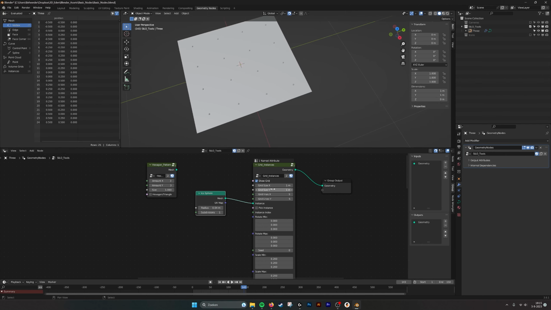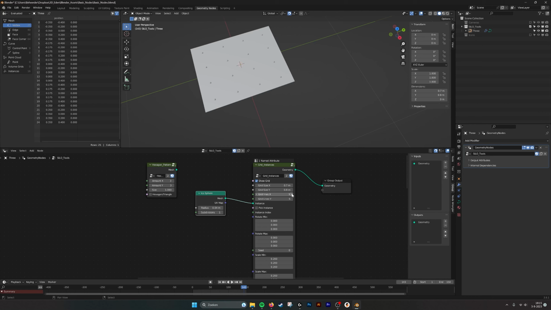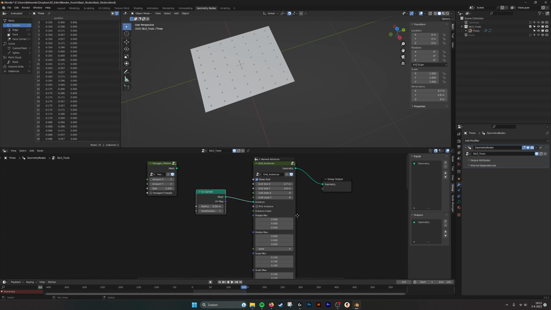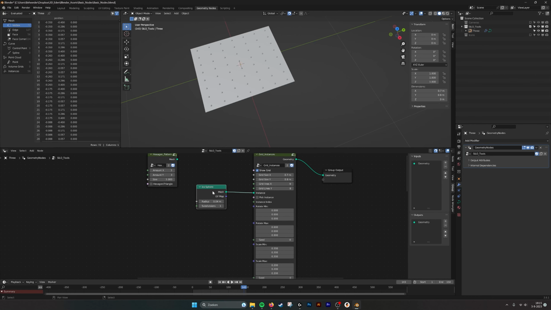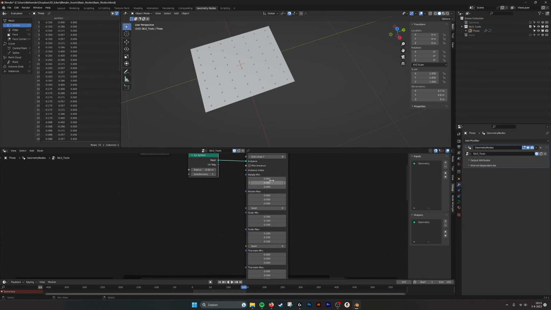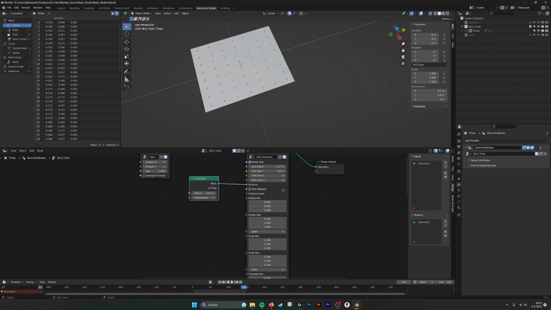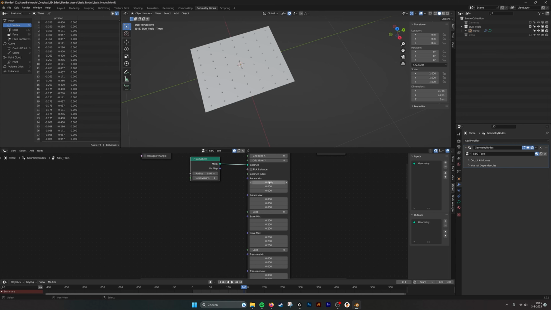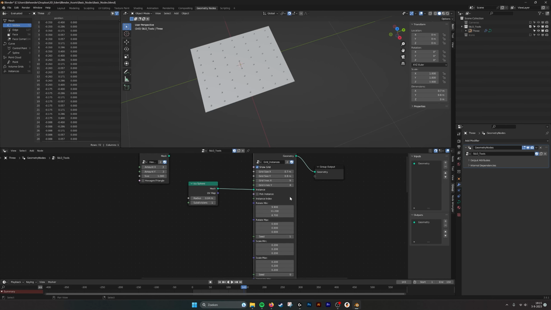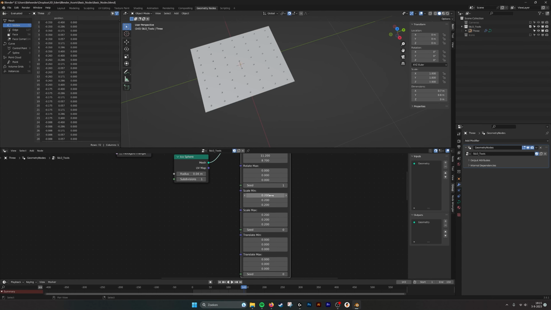So here you can see we have a grid with a certain size and amount, and it already projects the element onto it. You can also rotate randomly in the directions that you want. You have a min rotation, max rotation, a seed to change it. You have a min and max